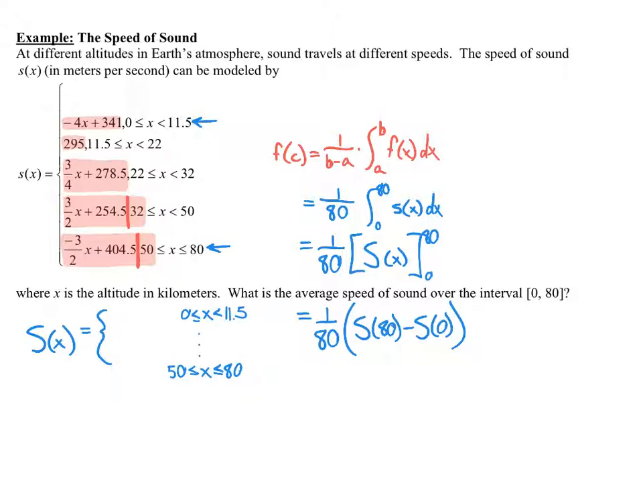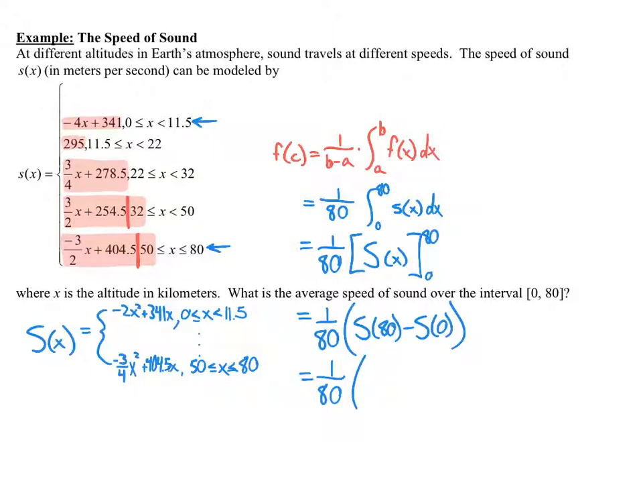What's the antiderivative of that first portion? Negative 2x squared plus 341x. And how about for the part from 50 to 80? Negative 3 over 4 x squared plus 404.5x. Good, and again, that's for x between 50 and 80. So if I plug in 80 into that second one,